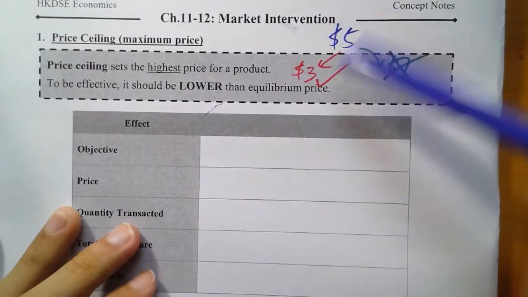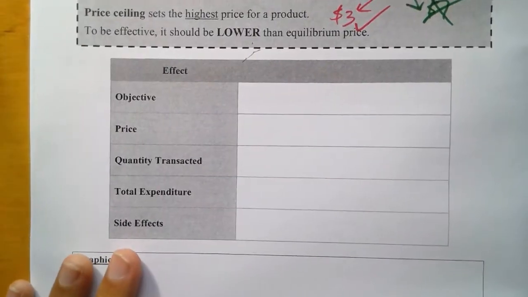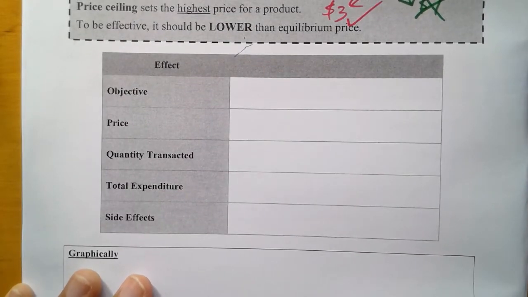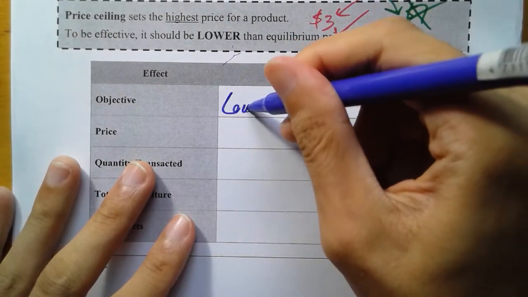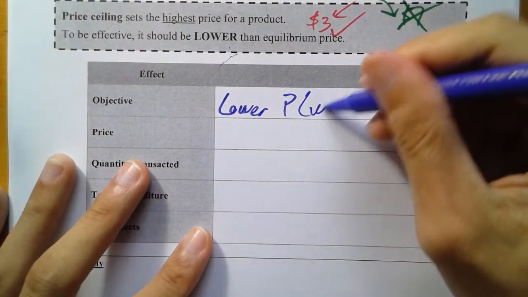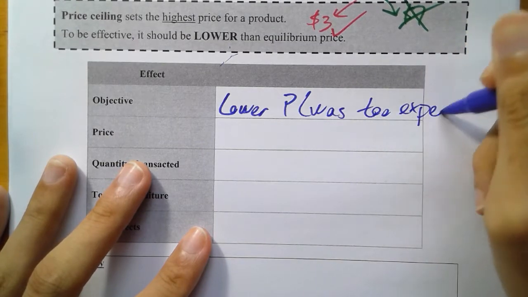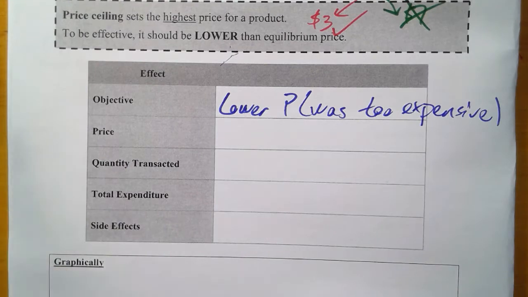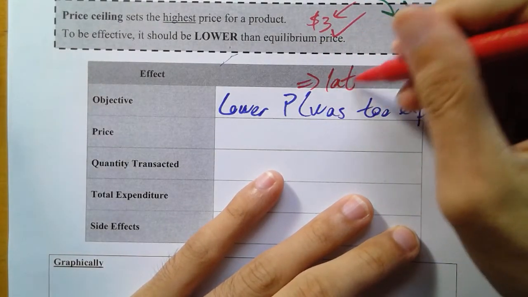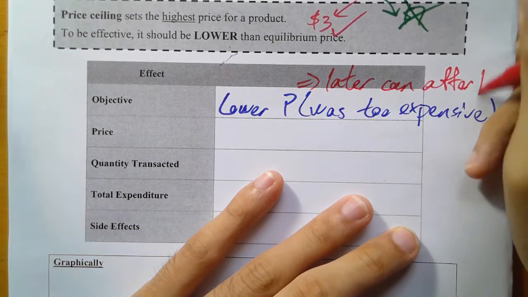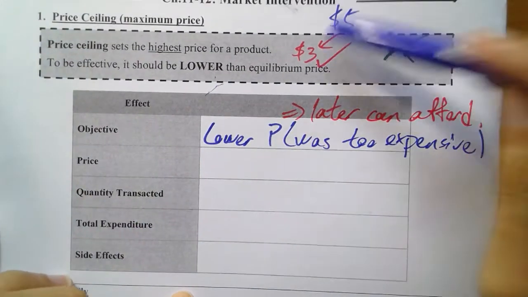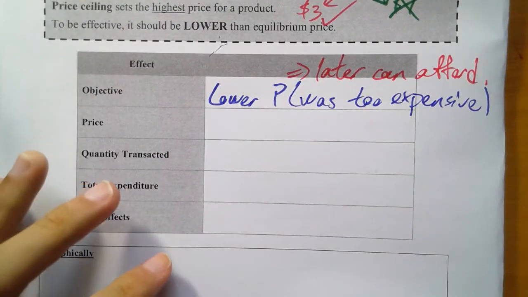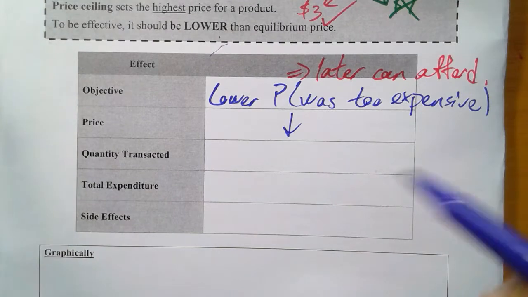Obviously, to be effective, it should be lower than equilibrium. To think of it from a logical perspective, no need to think from a technical perspective: remember, the objective is that ultimately we want to lower the price of a certain product. Why? Because it was too expensive. 5蚊太貴啊，我想 set 到佢3蚊啊，係咪啊？It was too expensive, so that people later can afford it. 5蚊買唔起，3蚊咪買得起咯？So from this perspective, you need to set it lower in order for the price to become lower, right? 好易諗嘅啫，唔使背嘅。